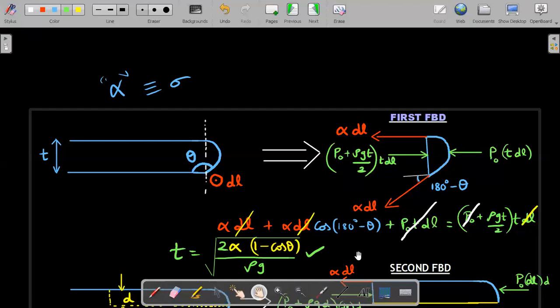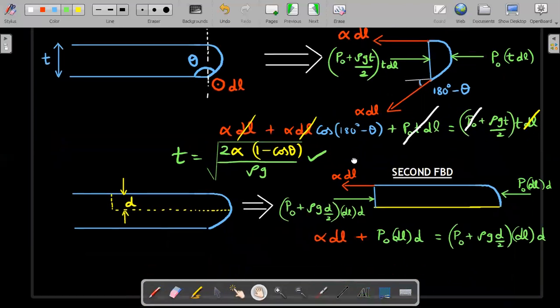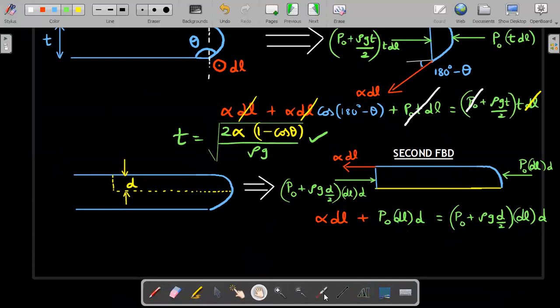Now for the second FBD, this is the interesting part. Because you have to involve the depth D from the farthest point. This was the point capital D, right? So from that point, I've taken a chunk like this. You could see far away place I have taken a distance small d. So I'm going to take this time a slightly larger FBD. Okay, I'm not going to only cut it off here. I'm going to take some part from this entire thing. So that entire chunk cut out, you could see I've drawn a second FBD at this particular place.